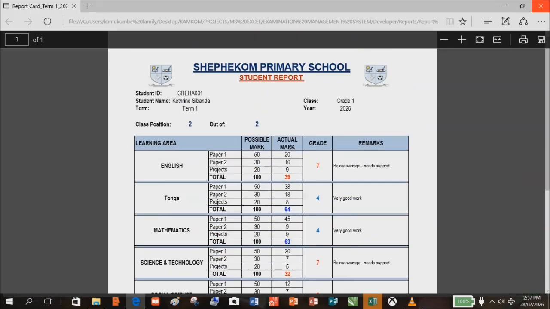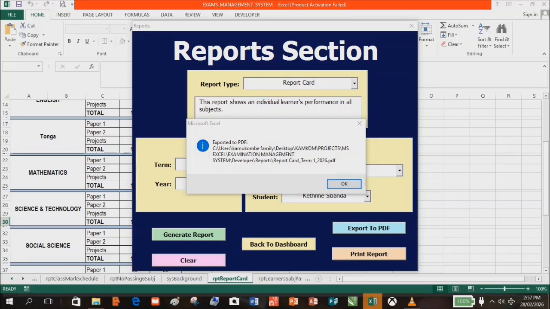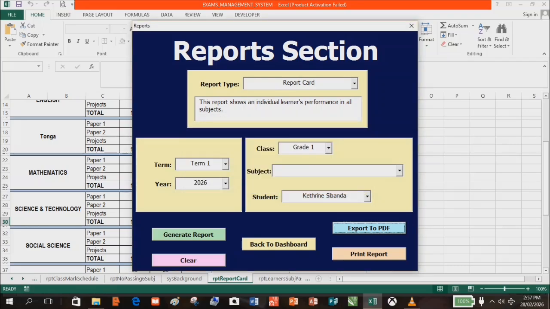That's the report. So when you close the report in the PDF format, there is this pop-out window which tells us that the exported file has been put in a folder called projects. You're going to see it where all reports are being stored. Then the last report,